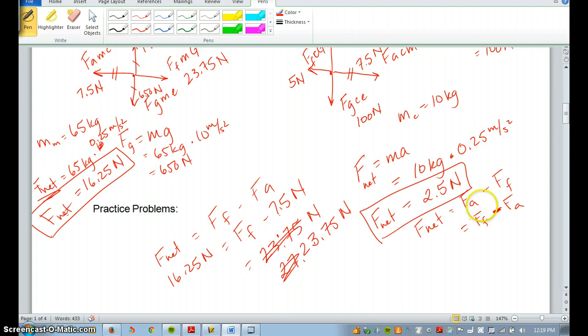In this case, I knew the net force was 2.5. I had a frictional force of 5. My applied force had to be 7.5. I know that these two are equal, so I know this had a force of 7.5. And again, I needed to find out what the frictional force was. I needed to calculate the net force first. And by doing that, I could then find the